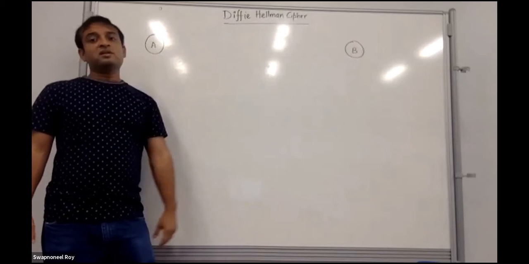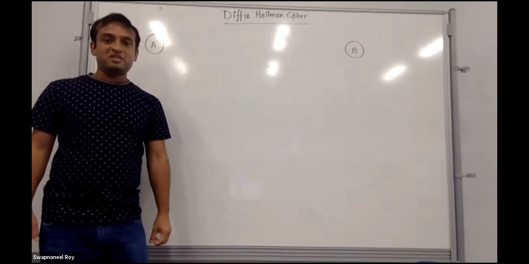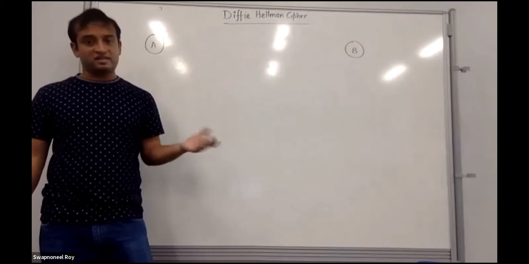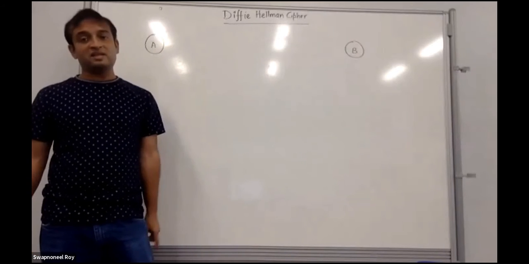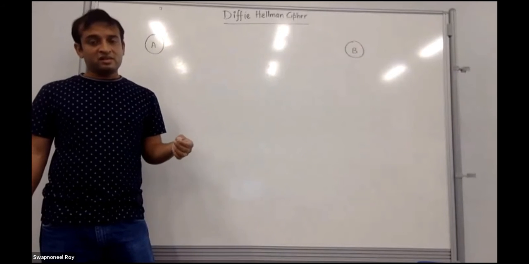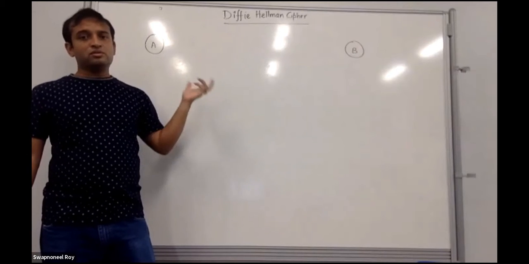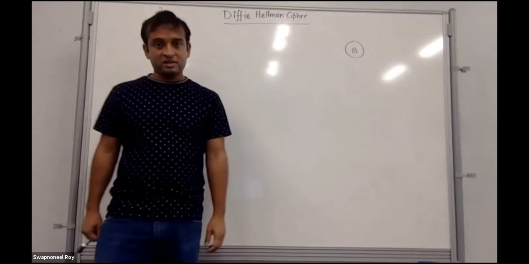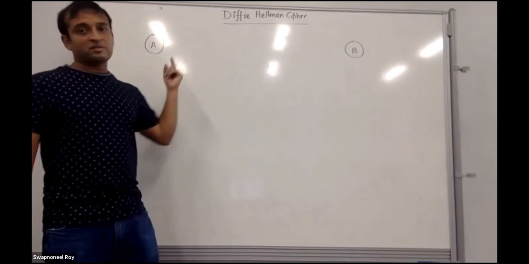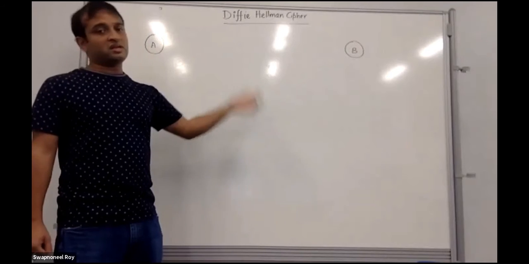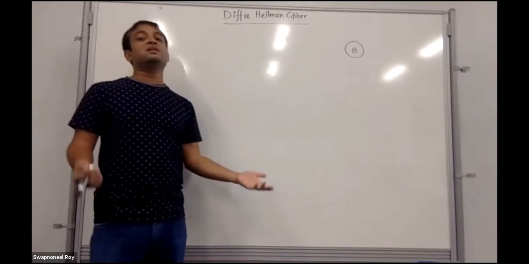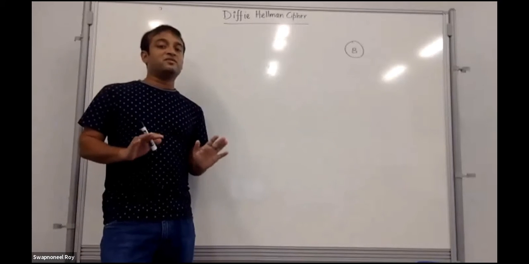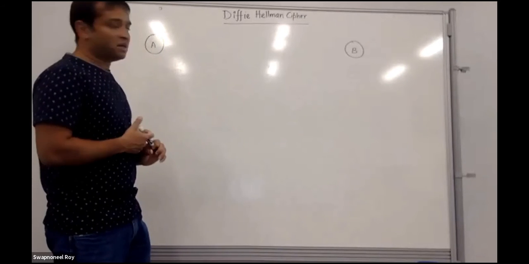And this particular cipher was incidentally the first published public key cipher. This was the first one. This came before RSA came. And this cipher was designed specifically with the intention of allowing two honest parties to share a secret value amongst each other. So the way things work is, of course, one step of this cipher is used to share a secret value between the two parties, and then AES is used with that secret key. This was designed specifically for key exchanging. All right, so let's see how things work.